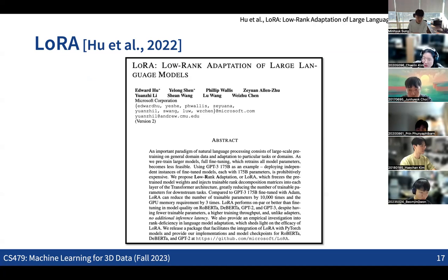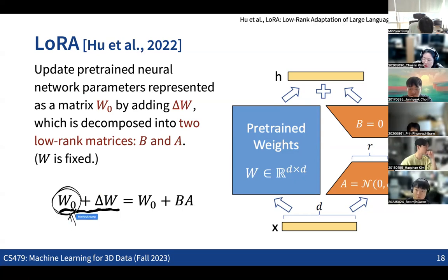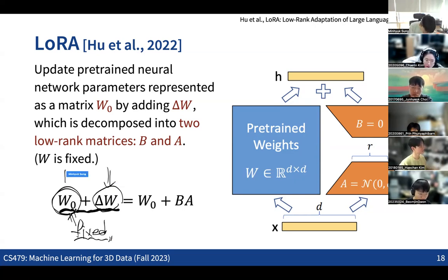Actually, this idea came from large language models, not just from diffusion models. The basic idea is that when you have a giant neural network trained with lots of training data, we make a small offset to the network, so that the network can be represented as the original neural net, which is fixed. So we are not fine-tuning the parameters of the given neural network, but adding a small neural net whose output is added to the output of the existing neural net.